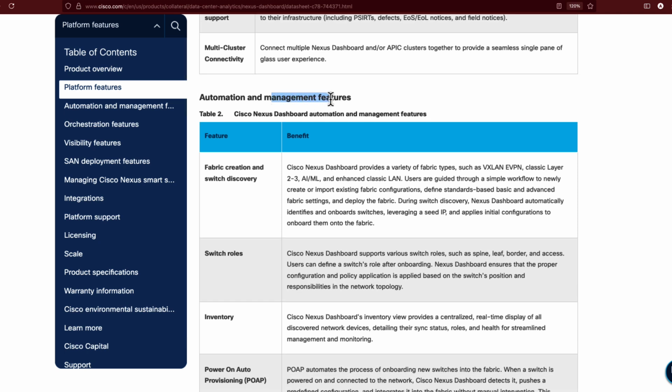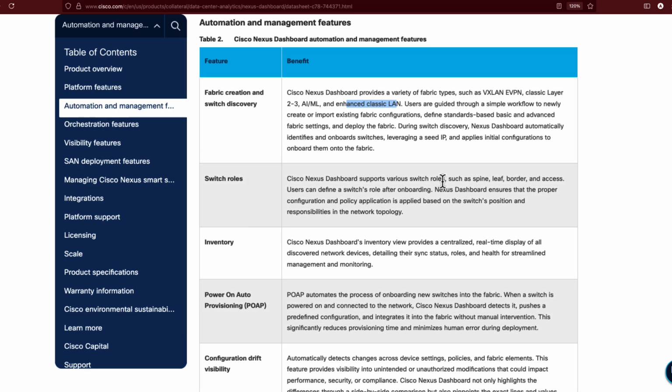These are some of the automation and management features. This is what we had quickly touched base on previously also. So you can go ahead and create VXLAN based fabrics, classic layer 2, layer 3, AI/ML fabrics, and we'll take a look at maybe your enhanced classic LAN-based fabric. Now, we quickly hinted in the last session also that with the Nexus dashboard, we would primarily be working with the